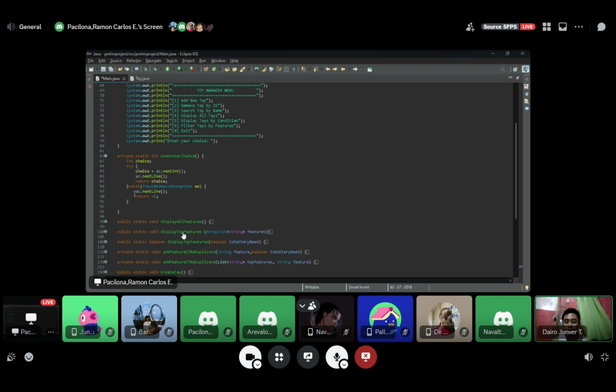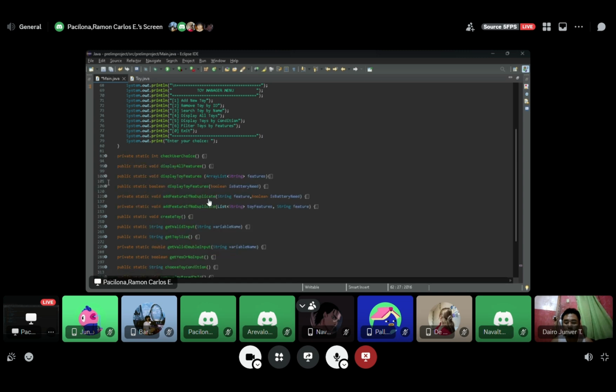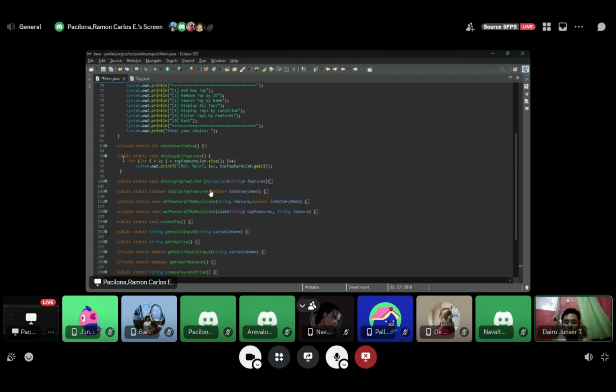And let's go to the next method, display all features. Here we use a for loop to display all the features. And it goes to the method operator.